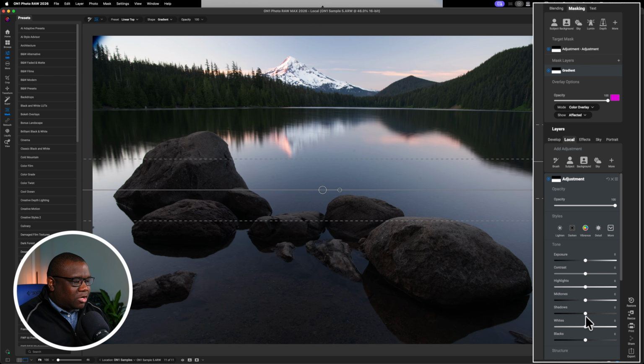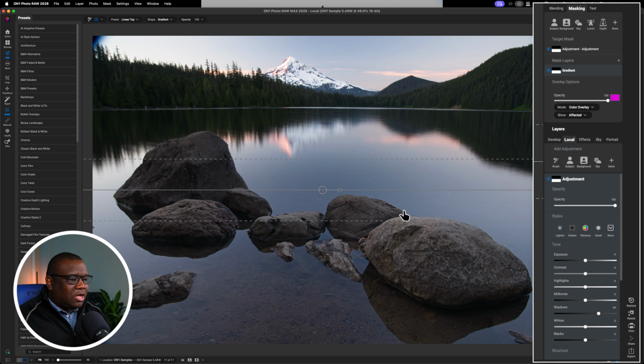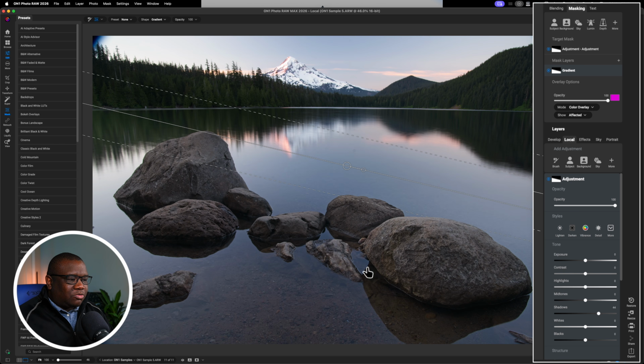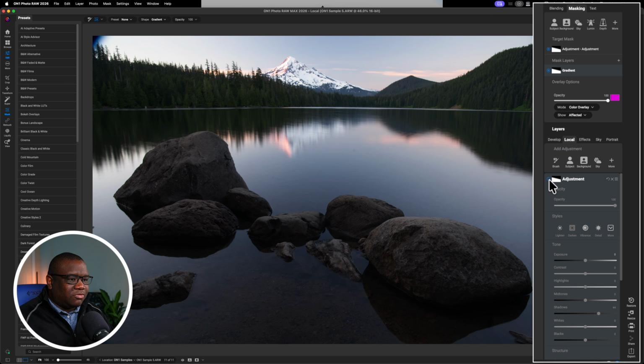And so I'm going to go ahead and pull up on the shadows here. And you'll notice I'm only increasing the shadows at the bottom of the image. Now, this looks great, and there's no issues with that, right? If I turn this off, turn it on, you can see it's just increasing the shadows down here at the